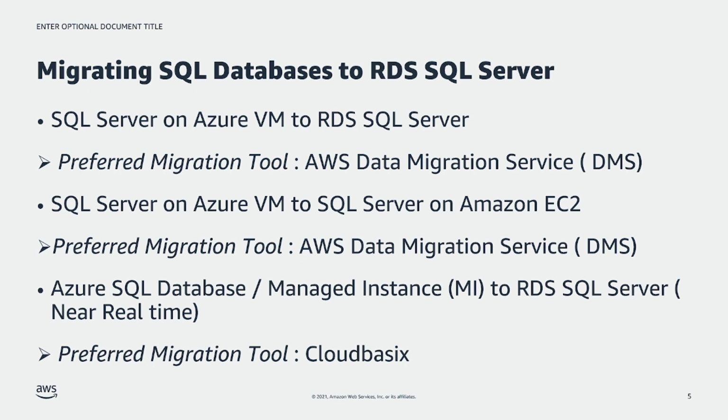If your requirement is SQL Server on Azure VM to RDS SQL Server, our preferred migration tool will be AWS Database Migration Service, which is a fully managed service which is installed on an EC2 machine in your existing virtual private cloud in your AWS account or a new VPC, and then you configure multiple tasks and start doing full load and incremental data changes. A similar tool is also recommended if you want to migrate data from SQL Server on Azure VM to SQL Server